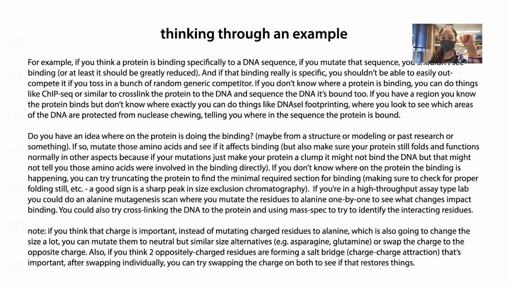But okay, so if you don't know where the interaction is happening, or say you do a truncation and you know it's in this region, you try to find the smallest possible piece that will still bind, and then you can change every residue in that piece. Typically what you do is an alanine scan. You change all the residues to alanine, and alanine is kind of like the generic amino acid. So